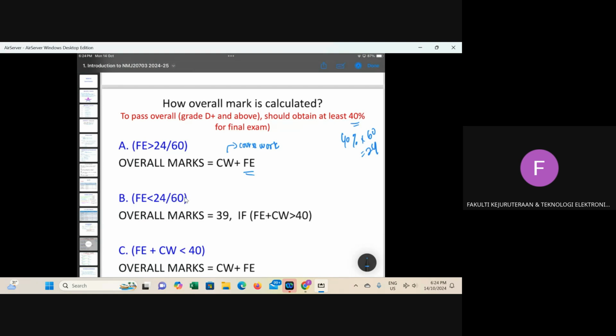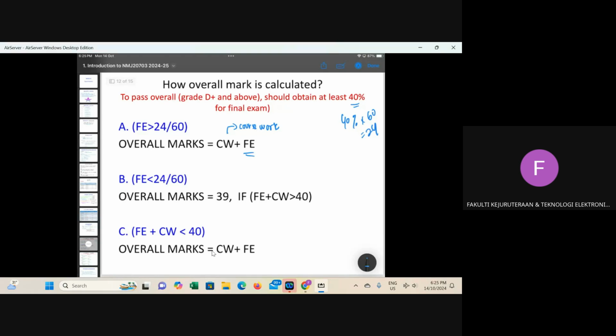Even though the total mark is 40 or greater, we will cut your marks at 39, which means you have to repeat this subject in the next 2 semesters. And if both the final exam plus coursework are less than 40%, you fail as well. So your overall mark is coursework plus final exam.